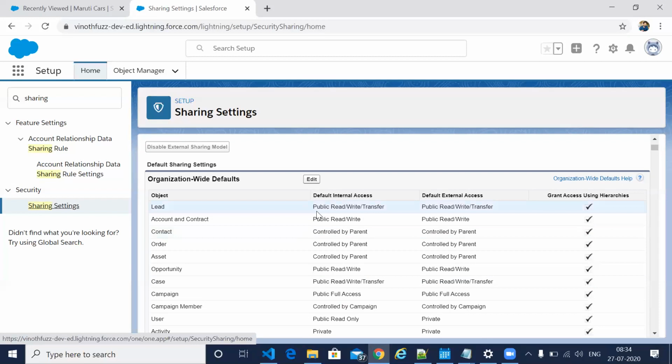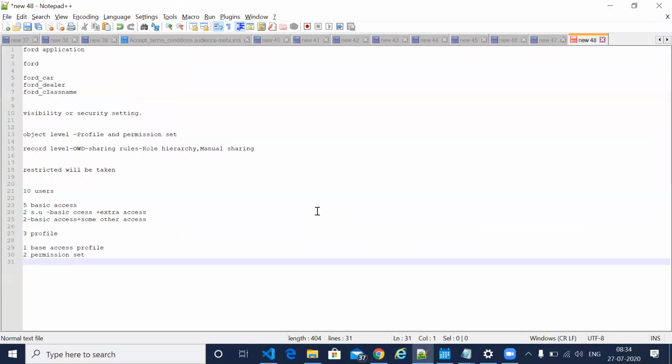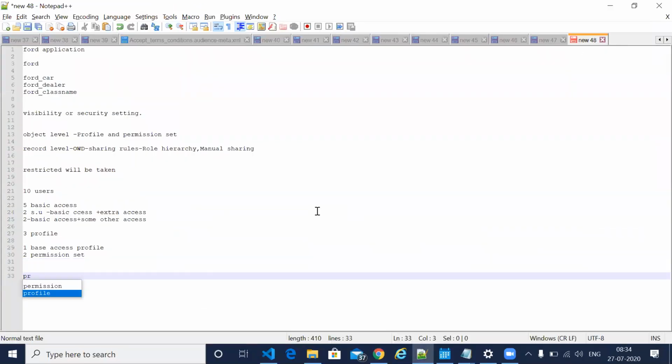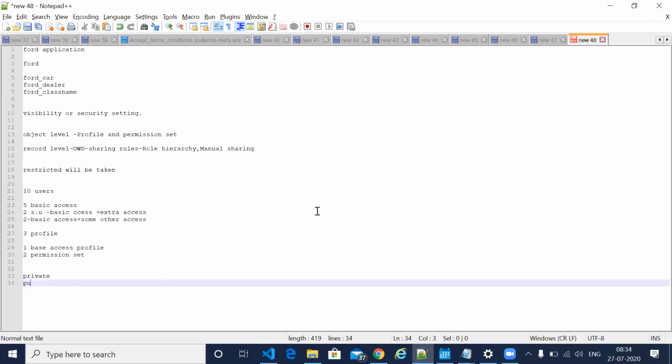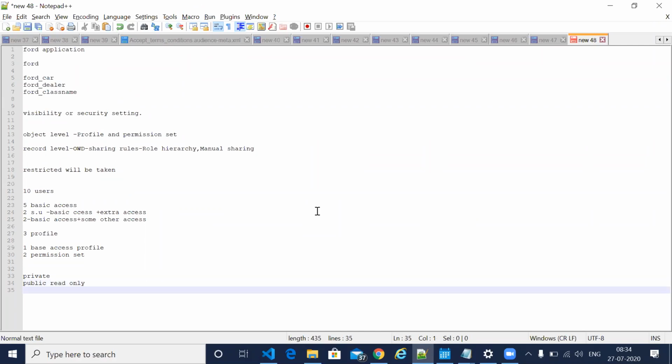Okay, so we mainly have 3 accesses. One is private, the second is public read only, and the third is public read write.